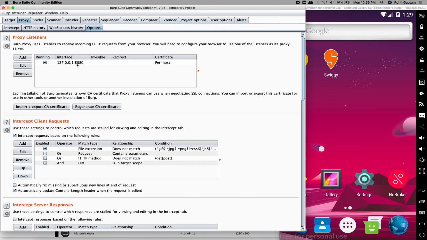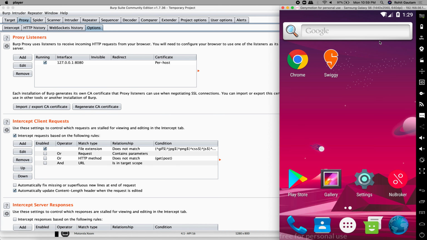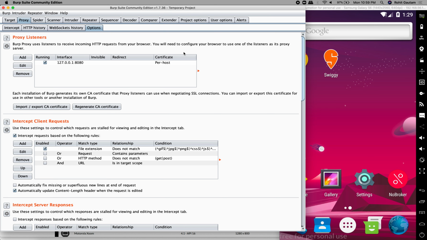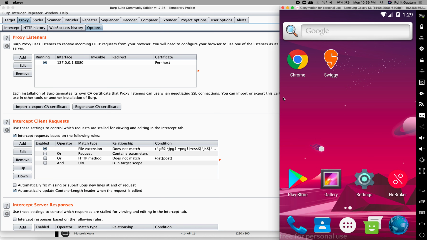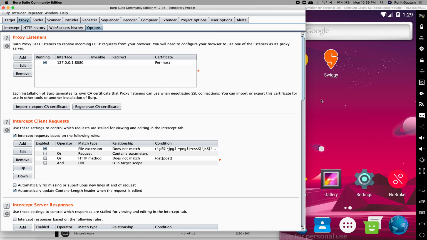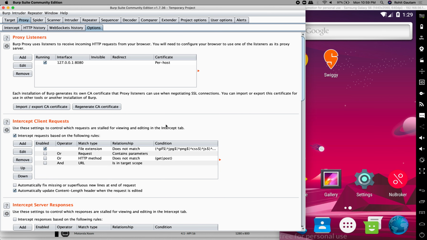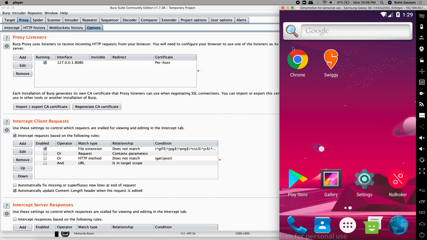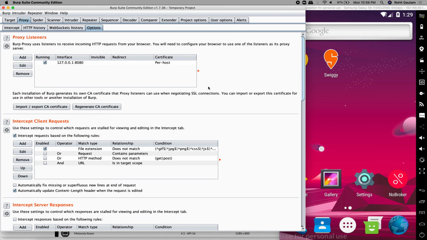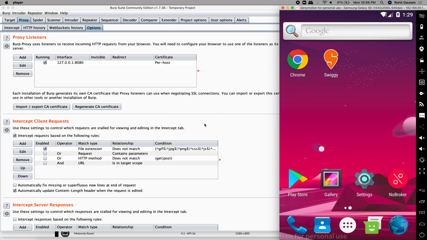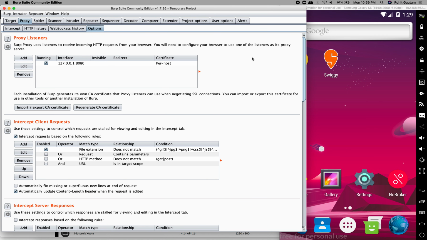Okay. Now guys, you have to understand, over here this is a different operating system, which is an Android operating system. Outside is the host operating system. So these two are different operating systems. Now, if you want to capture requests of the inside operating system onto the host OS, at that particular time you need to tell the inside operating system to use the outside host as a proxy, or at least send or relay all the requests through Burp Suite. Okay. So for that, we are going to add a new proxy listener.